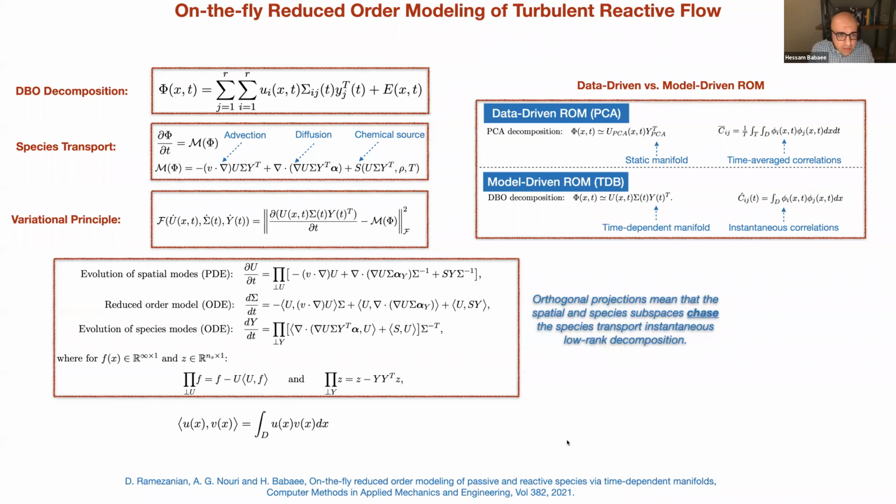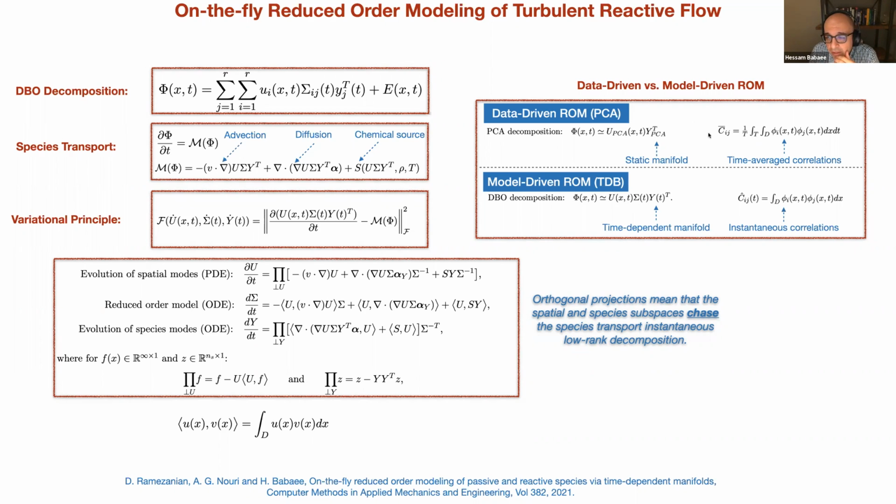But let me just compare this to what is commonly done in the field of combustion, which is a data-driven reduced order modeling based on principal component analysis, which I've shown here. In that kind of reduction, you write down the species as a set of spatial modes times some orthonormal vectors, which are in the composition space. Here, this part is a static subspace. This static subspace is found by doing a DNS. You first perform a DNS and then perform an SVD. So you find the low rank subspace from there, and then you plug it in here. So this is known from data, and then the evolution equation for this is derived.